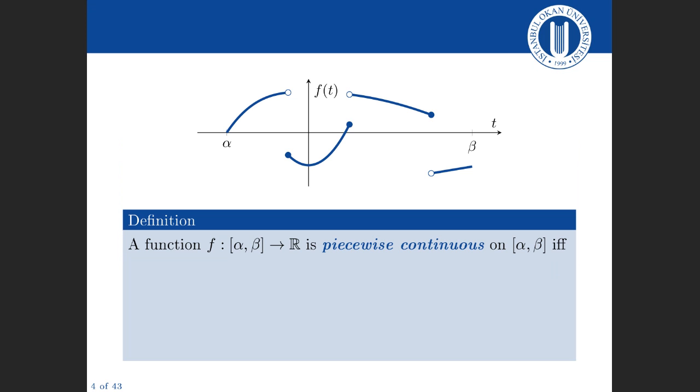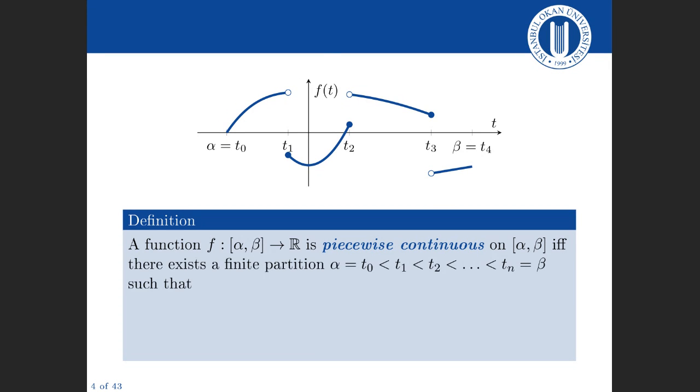In this chapter, we're going to be talking about piecewise continuous functions. What is a piecewise continuous function? It's a function which looks like something like the one that I've drawn here. This function is not continuous, but it's made up of 4 pieces, and each one of these pieces is continuous itself. To be more precise,